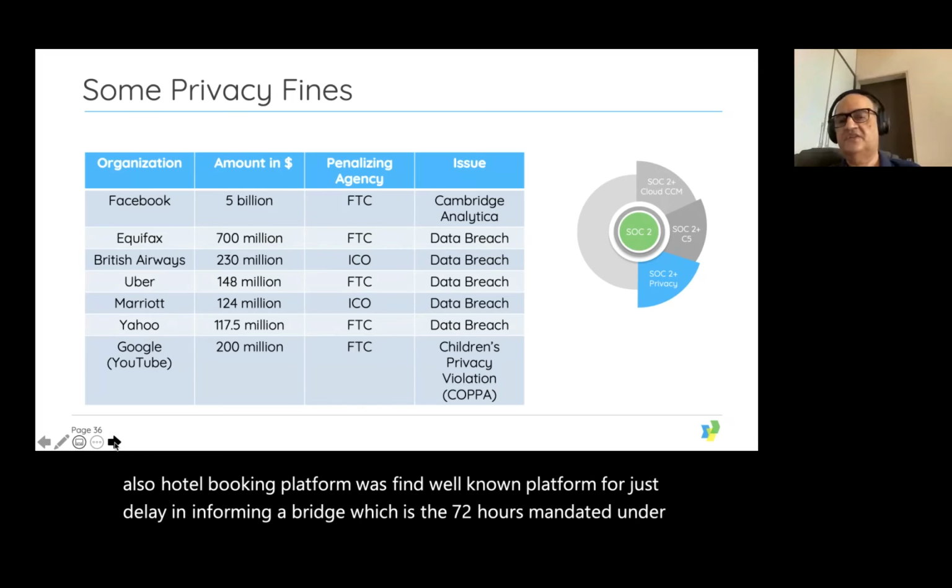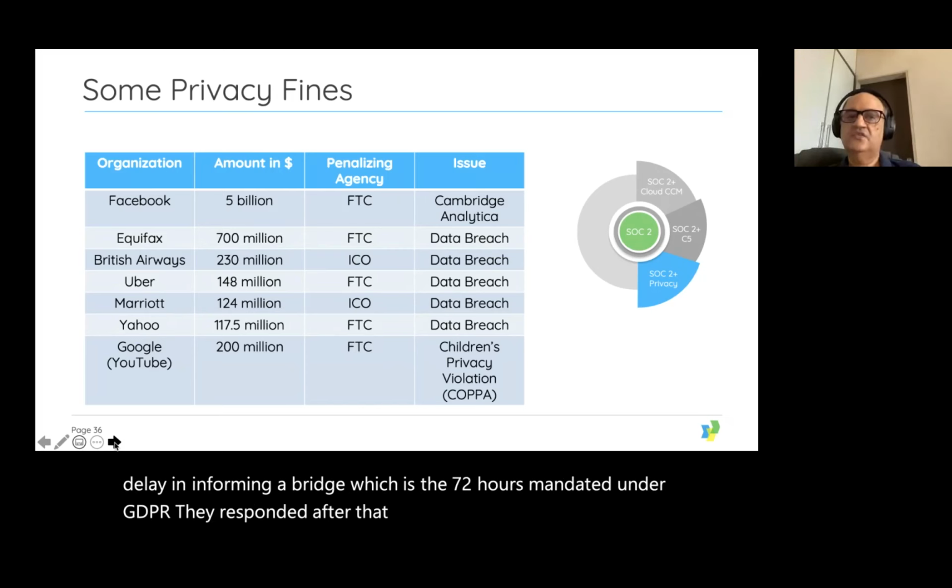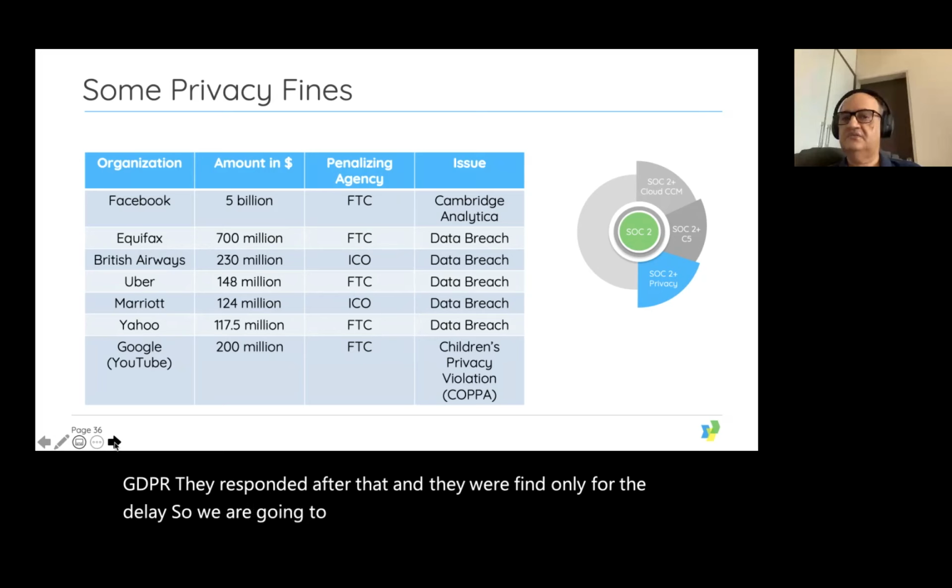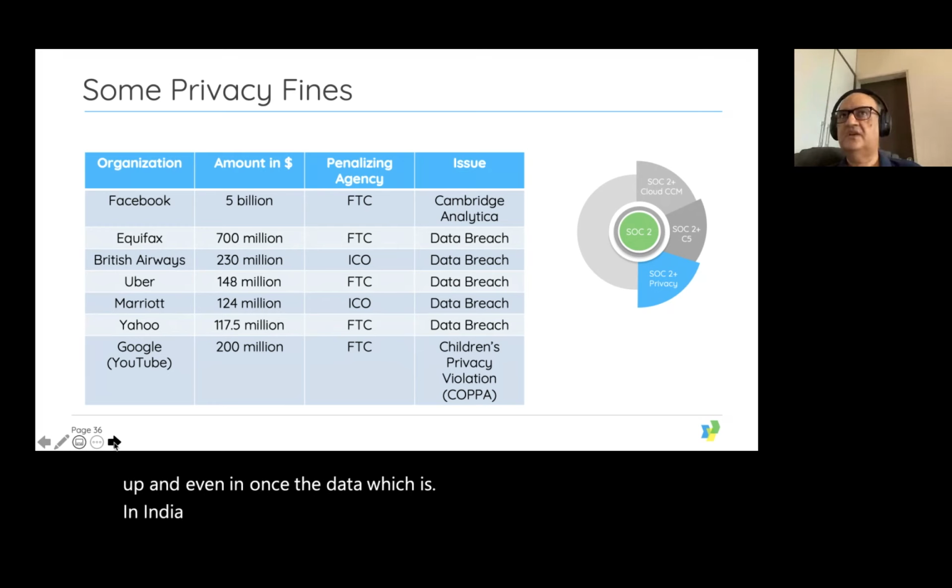They responded after that, and they were fined only for the delay. So we are going to see data breach fines going up, and once the data protection bill is passed in India, we're going to see stronger and more effective laws in place.